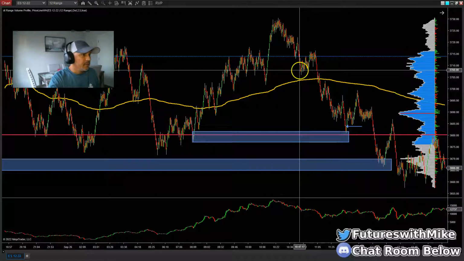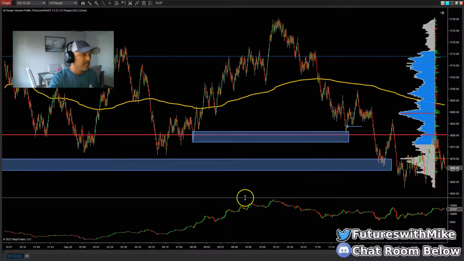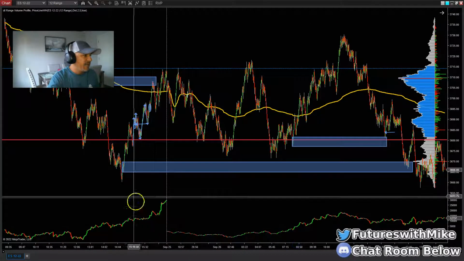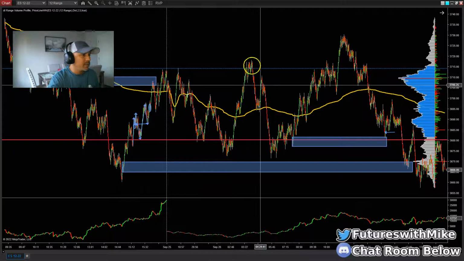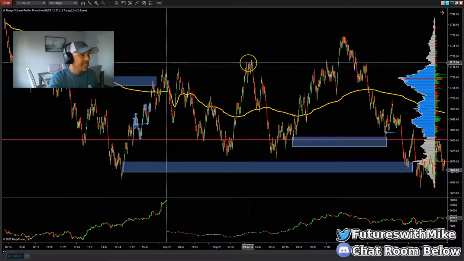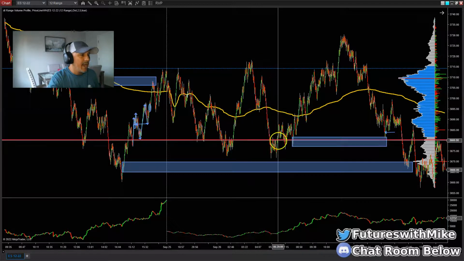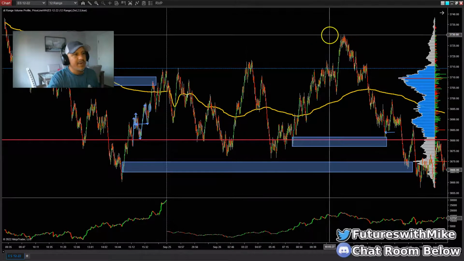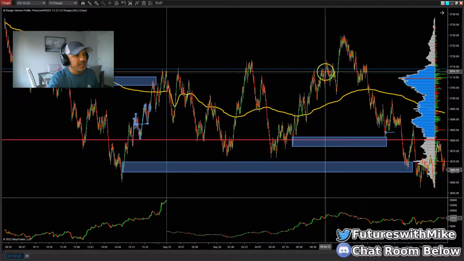Okay, so the first area I'm going to show you. Okay, first let's take a look at market structure. All right, we must understand that. So what we have here, we see that the market is pushing up, making higher highs, making nice swings to the upside. So it had a big leg here, pull back, nice leg, making higher high here, pull back, making similar lows here, and then breaks higher. Okay, so this is a channel to the upside.